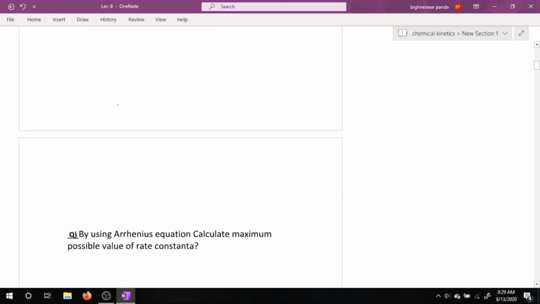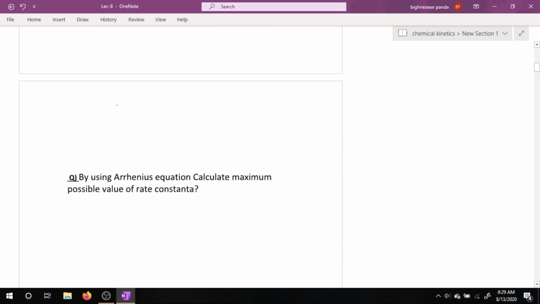So in the previous class we discussed the Arrhenius equation, which gives the variation of the rate constant with temperature, and we found the equation k = A e^(-Ea/RT), where k is the rate constant for the reaction, A is the collision factor or collision frequency, Ea is the activation energy, R is the gas constant, and T is the temperature. So basing upon this equation,